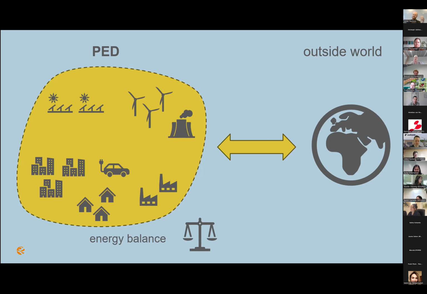And if you advance, Jonas, then you have to talk about 2 things. First of all, the energy balance within your PED. And in order to do that, you have to see, okay, does the production match the consumption? And if not, what to do? And secondly, the transport capacity, because making it to 0, you get a kind of island, but normally you rely on the outside world and assume that you can interchange energy with the outside world, but you have to stick to the limits which are there.